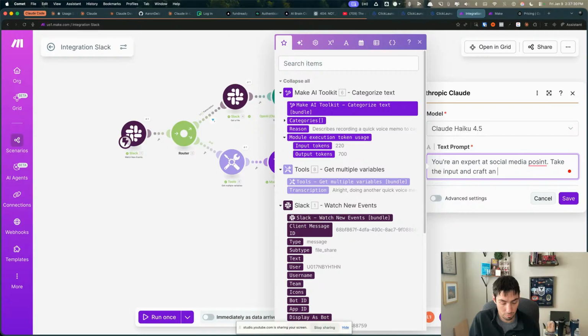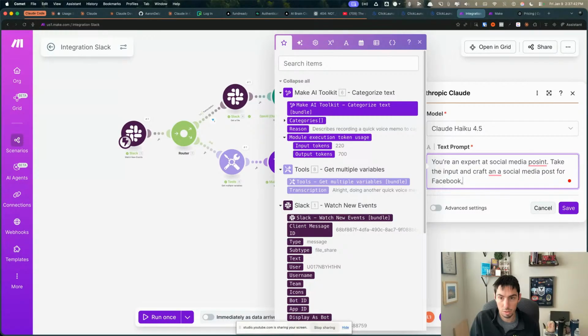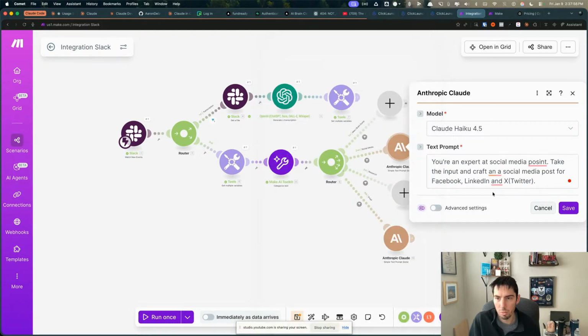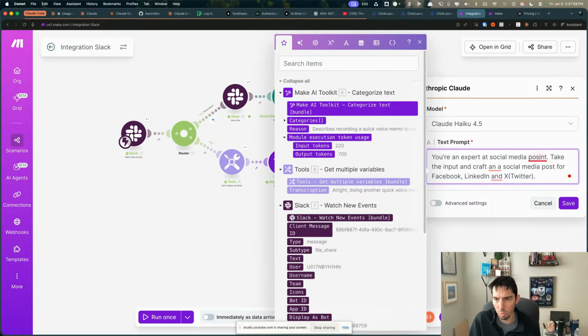or write a social media post for Facebook, LinkedIn, and X. Let's do this for now. I can add more in later. We'll just do 3 of them because probably what I would want to do